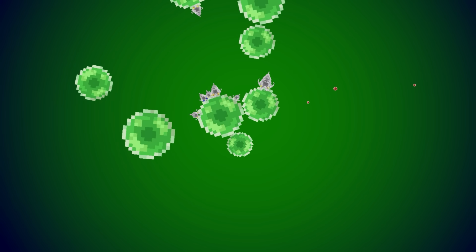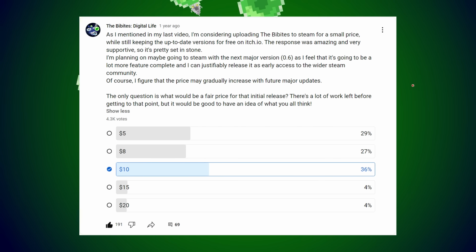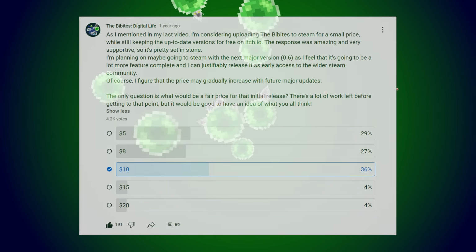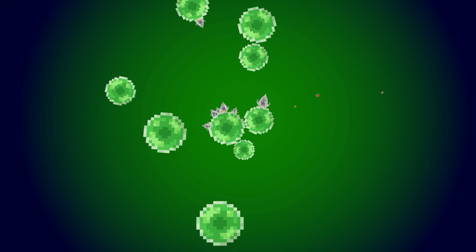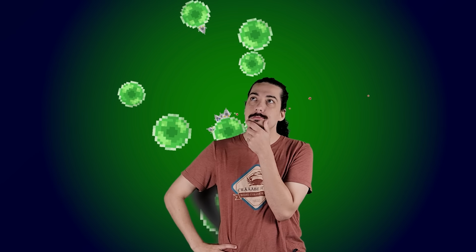At the same time, the game will be available on Steam for a small price. We're aiming for something around $10 at launch. This will be making the installation process simpler and giving access to a few nice-to-haves like the Steam Workshop for sharing scenarios, species, and such, Steam achievements, and cloud backup of your simulations.